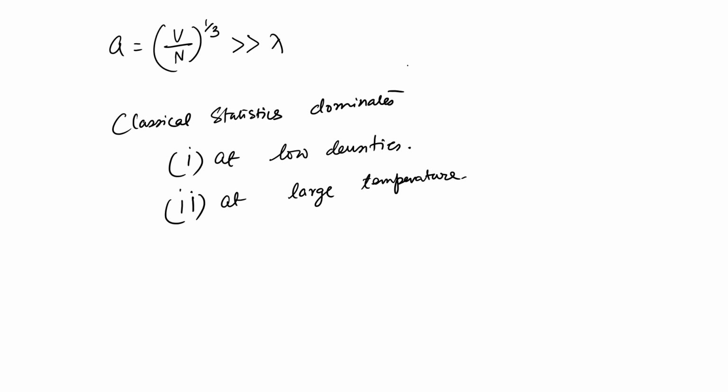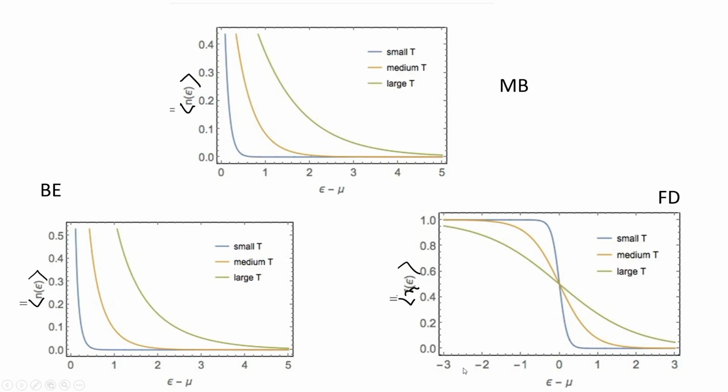Then both the quantum statistics boil down to classical statistics, and that is what we have seen in the picture as well. Here you see that in the large energy regime, as I said, the x axis can be put as beta into epsilon minus mu. They would all give you the same, or rather the average of n to be much smaller.